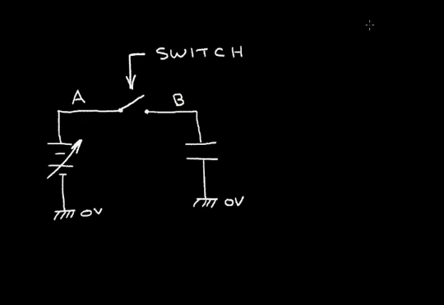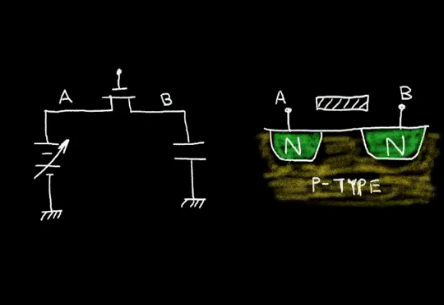In this video, I want to explain the operation of the CMOS switch. Here, I have a mechanical switch. So when I close the switch, I'm going to connect the voltage at point A over to the capacitor at point B. Now here I have a battery using an N-channel MOSFET for this switch. Here I've replaced the mechanical switch with an N-channel MOSFET. Now when the gate voltage on the MOSFET is at a high voltage, in this case 5 volts, I'll form an electric field